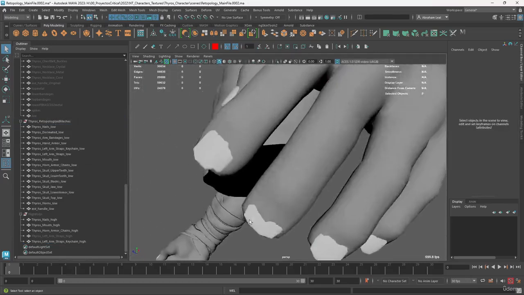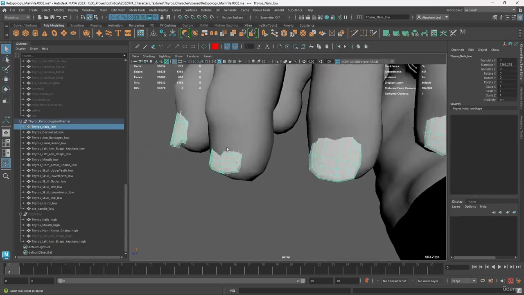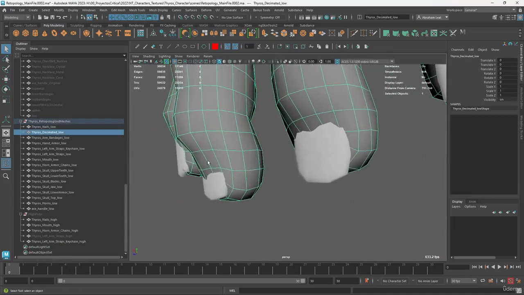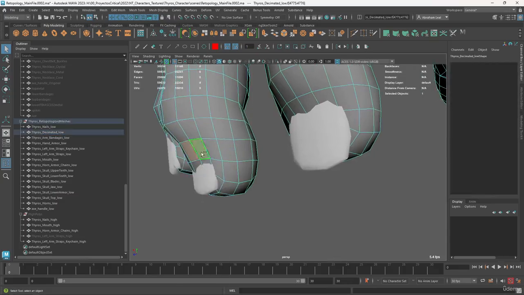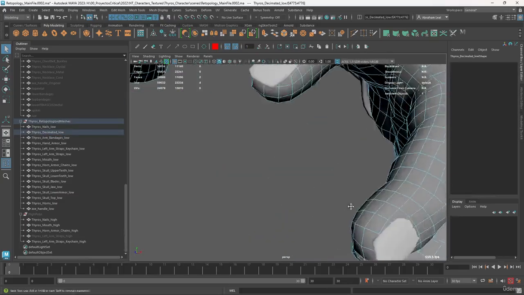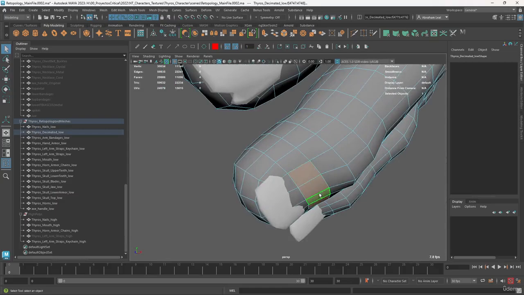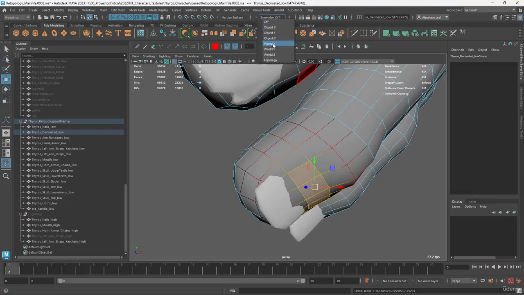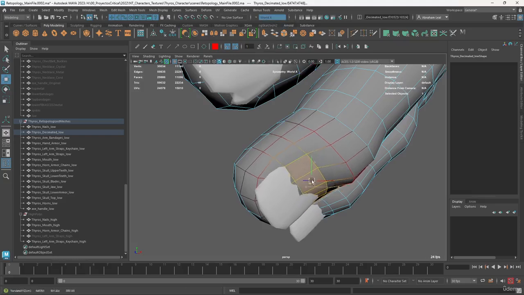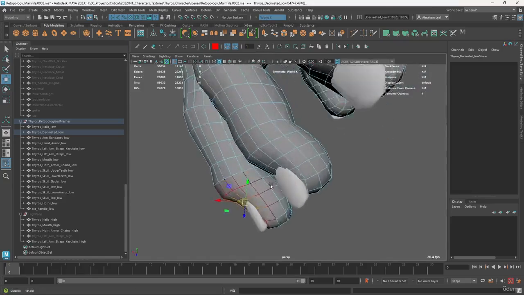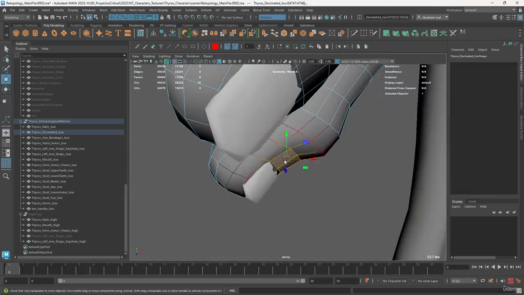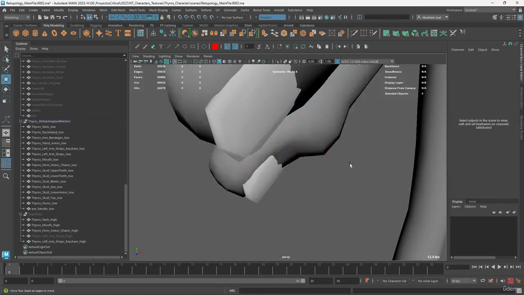Now, as you can see, there's a little bit of overlay here. It seems like this thing pushed out a little bit more than it should. Again, this is perfectly fine. We can always just move a couple of these things with soft selection, for instance. Let's just make sure to turn on World X. Just push this in a little bit so that we can see a little bit more of the nail bed